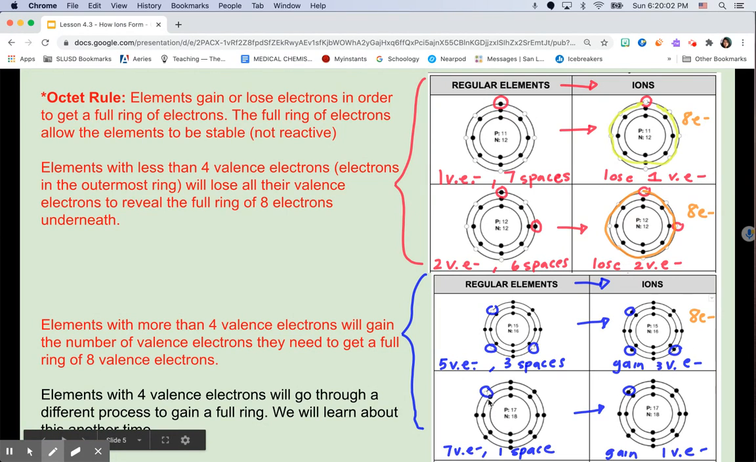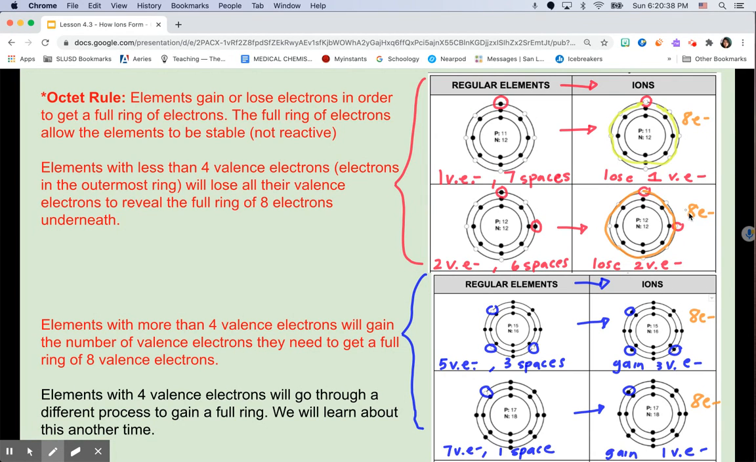In this scenario, I have space for 1, and I have 1, 2, 3, 4, 5, 6, 7 valence electrons, right? So this one, if I look on the other side, will gain 1. And if I count out how many valence electrons I have in total on the outside, I will have 8 electrons. So notice that every single time an element is gaining or losing electrons,